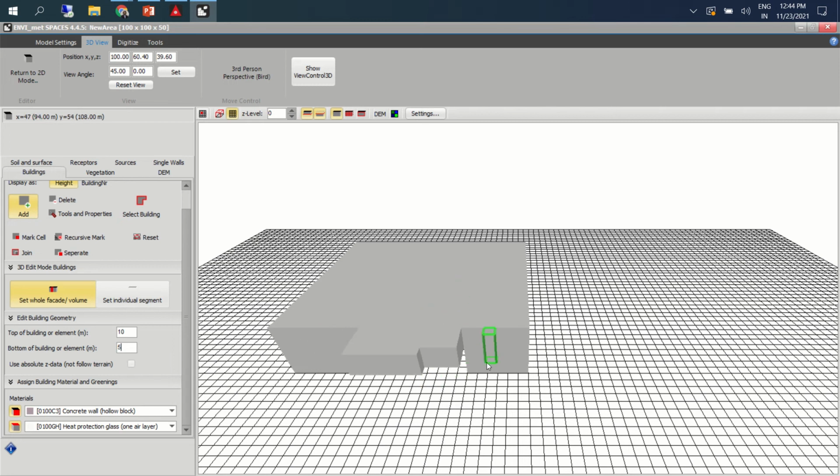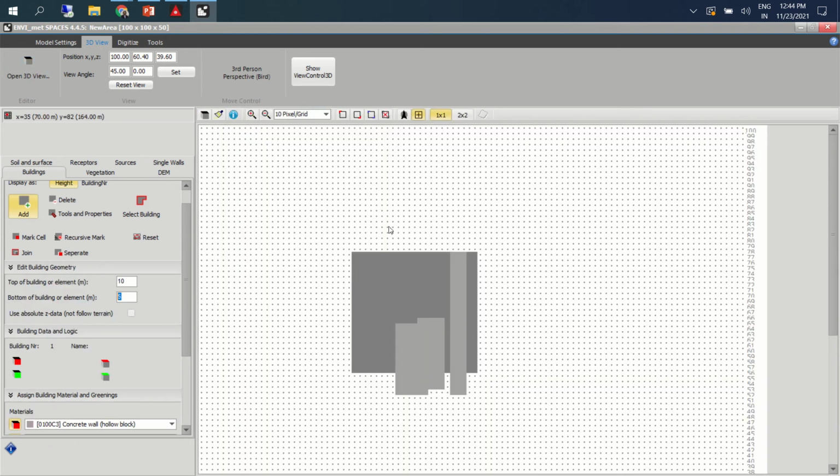What it does is it creates punches along the building. 5 meters gap is kind of a stilt. 5 meters stilt, 5 meter is left open, and then total height of the building is modeled. You can use that. Return to 2D. This is building form.